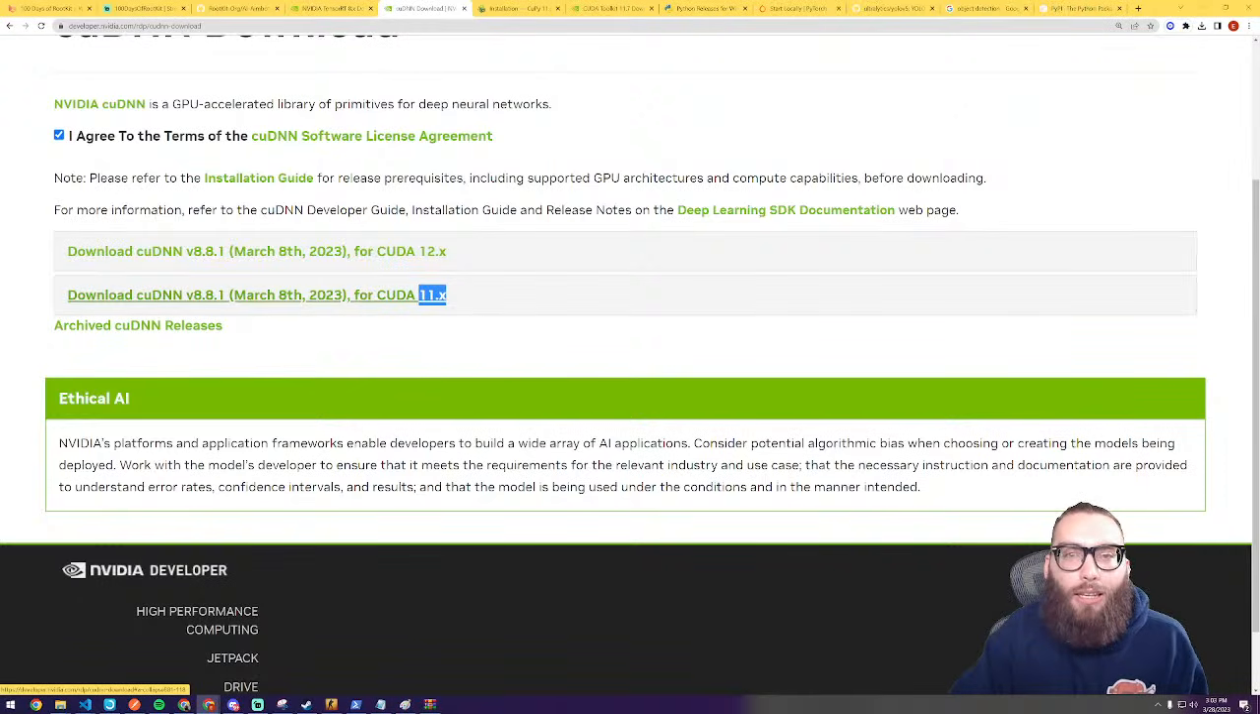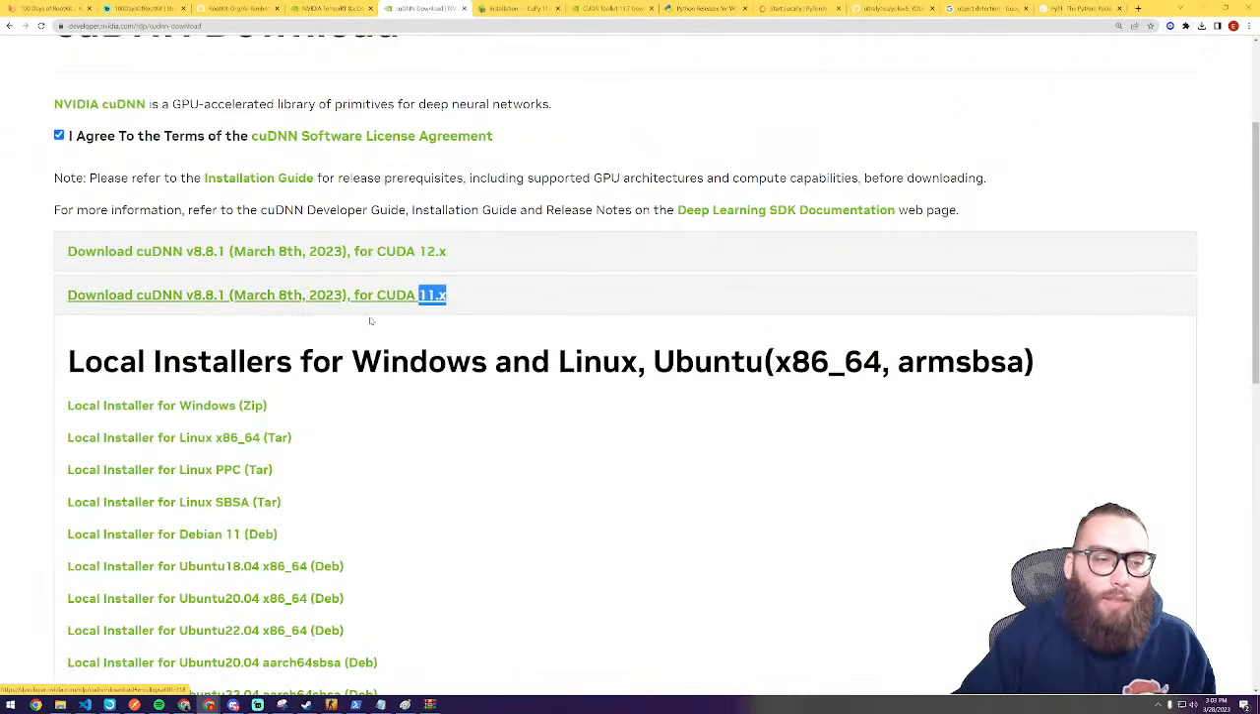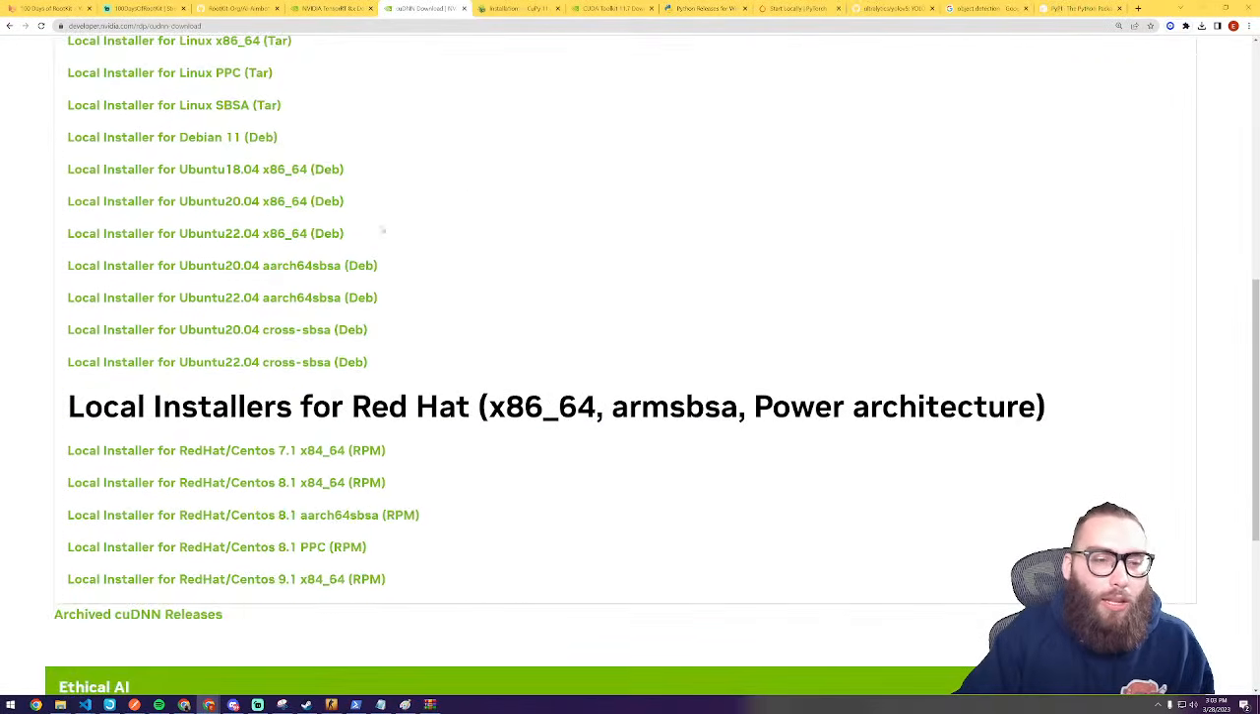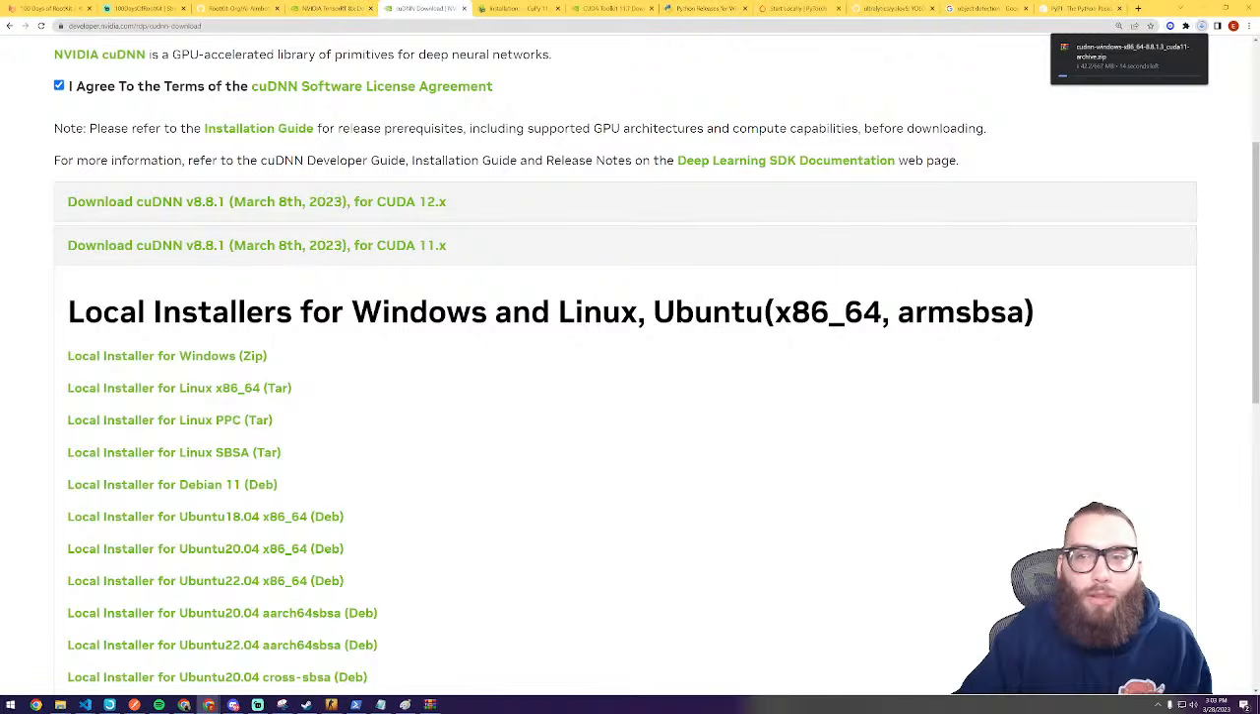Because again, you didn't install 12. You downloaded 11.7 most likely. X just means any of those 11 versions. Don't do the 12 one. You don't have the 12 one. So we're going to click on that, and then right here we have Windows. So we're going to go ahead and install the Windows one. Go and click on that. This one should be just an exe. So if we open this one up,